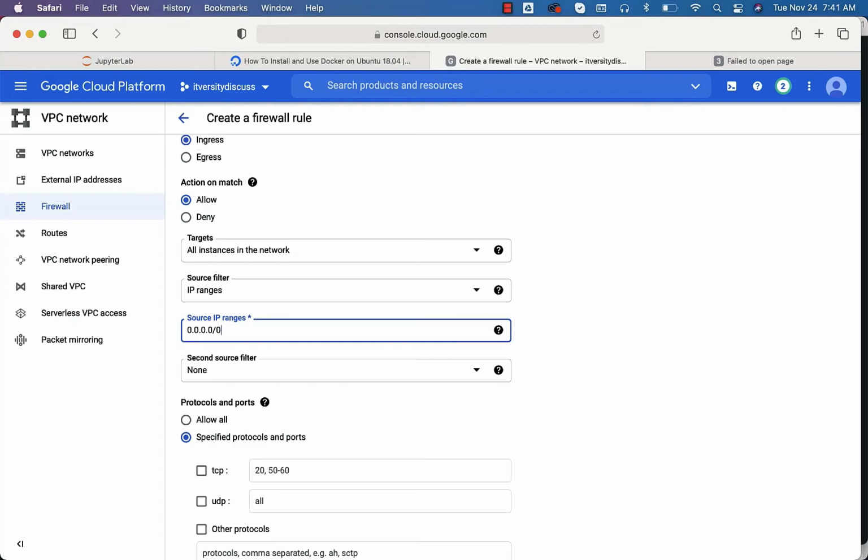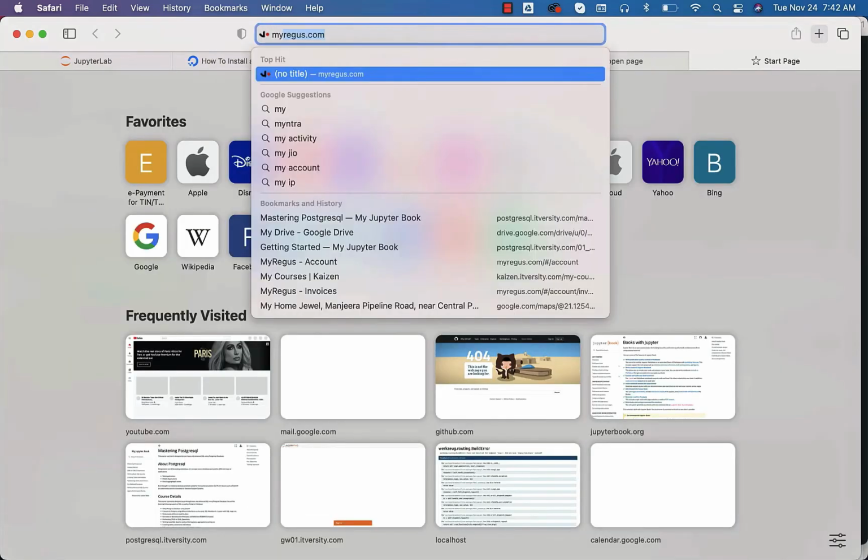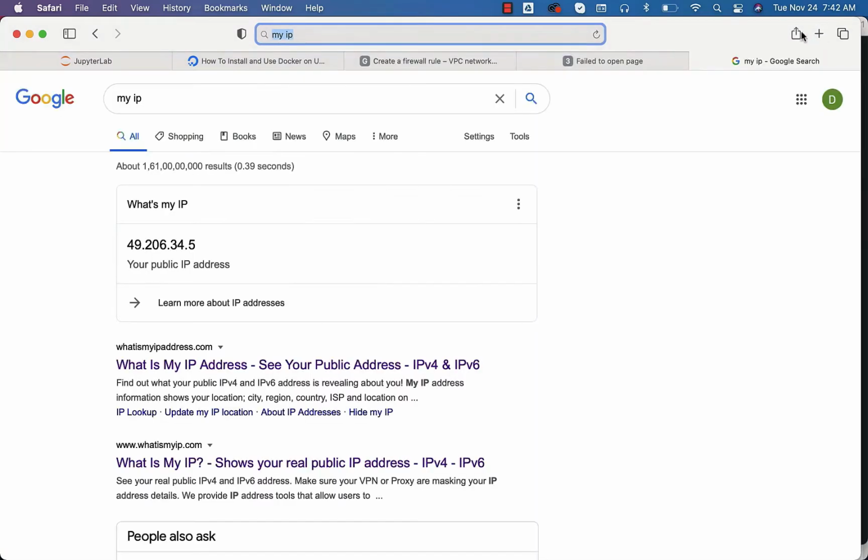If you want to exclusively restrict to your machine so that other machines cannot connect to the applications that are running on your virtual machine, what you can do is pick your IPv4 IP. You can just say my IP in the browser. Sometimes it might give an IPv6 IP, but the IP has to be IPv4. If you can't see the IPv4 IP by default, you have to click on one of these things to get your IPv4 IP. In some cases, you will see the IPv4 IP directly also.